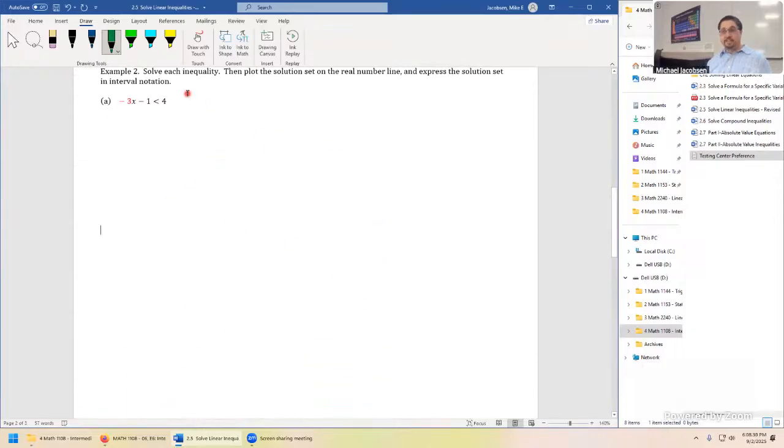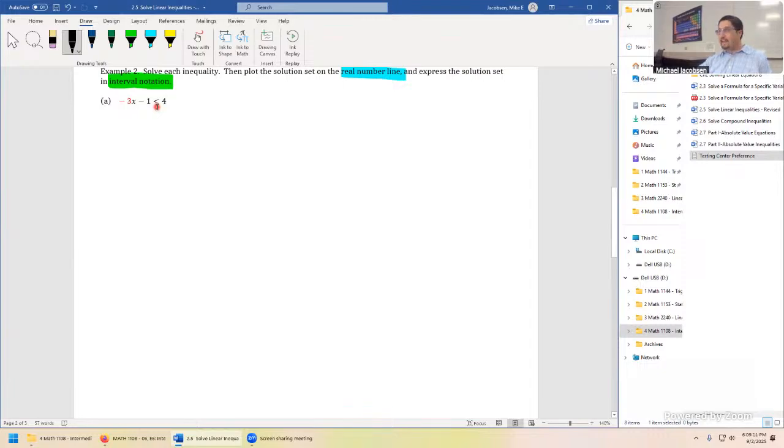So now instructions say to solve the inequality. These are the full problems. The red here means I did make a change. I felt like this was more interesting of a problem with a negative sign there. After we solve it, we'll plot the solution set on the real number line and then do interval notation as well. So just as before, we'll use that color for the number line, and interval notation we'll do in that color, just like above. But the very first thing is